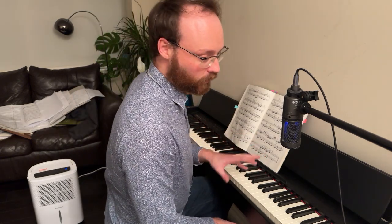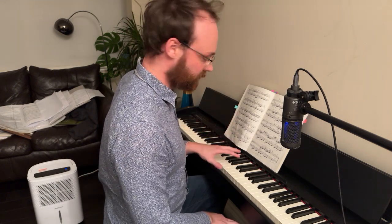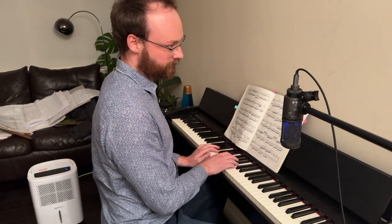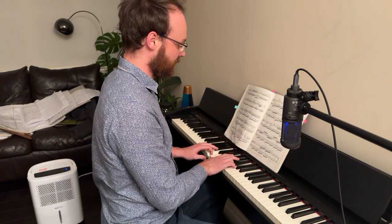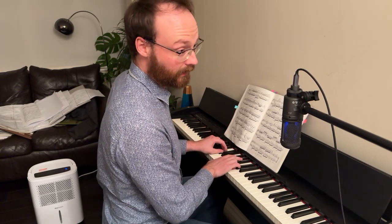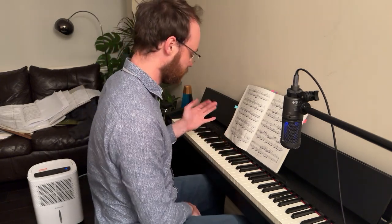First is a little warm-up routine I'm trying to develop for this jazz stuff for the time being. The first one is the obvious one that everyone learns, the first thing they do: this 2-5-1 in just sevens. So I do that in every key basically. It still takes me a while to figure it out, and then I do it in every key in the inversion,